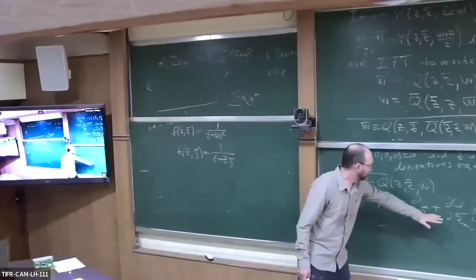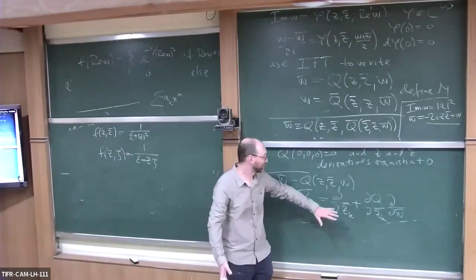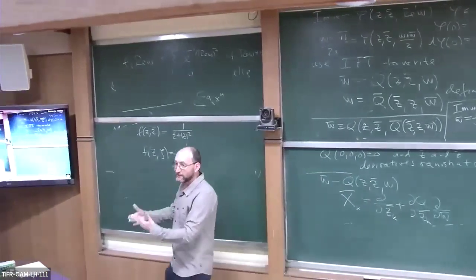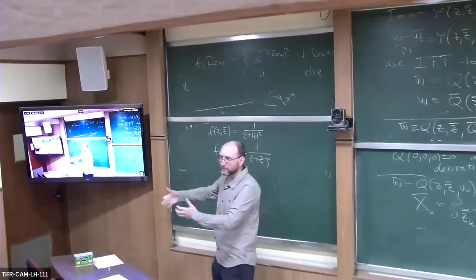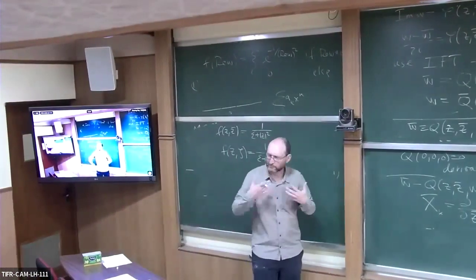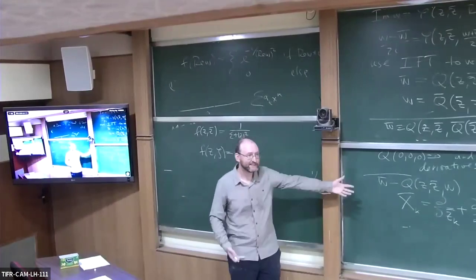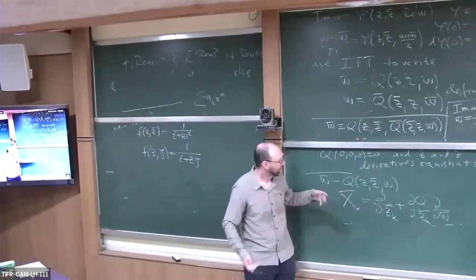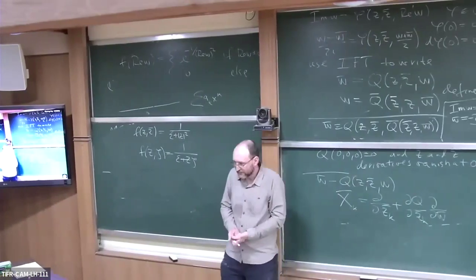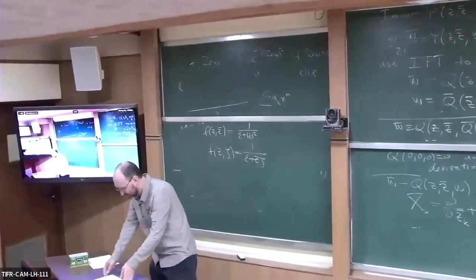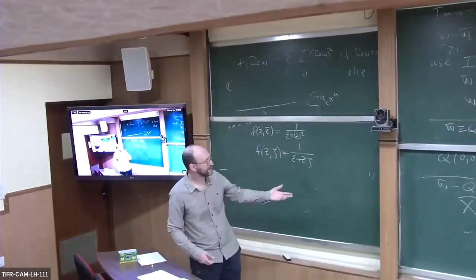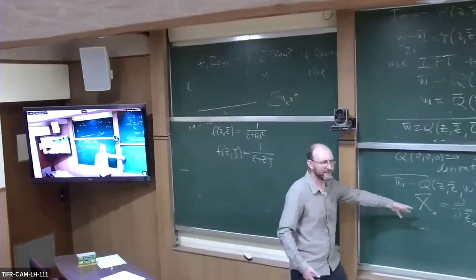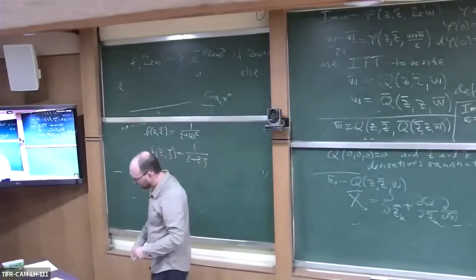Now they're written even in the way that we were doing it before. If I just think of Z bar as really being Z bar and W bar being W bar, then I get precisely these complexified 0, 1 vector fields. And so now I can talk about CR functions, the things that are killed by this. So this is a nice basis of my CR vector fields. It will be a basis near 0, where everything is local.